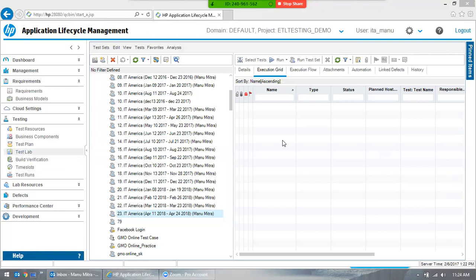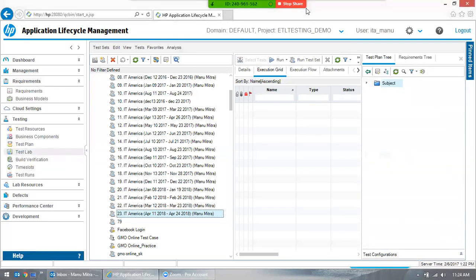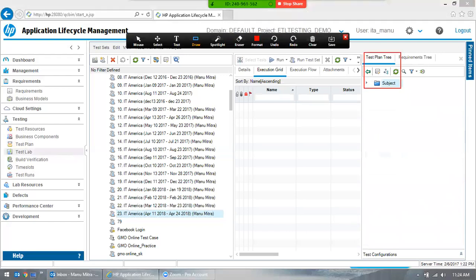Okay, now for that, what you will be doing here is click on select test, and okay, now if you see here, we are trying to navigate here. Navigate what? Navigating test plan. The same thing what we did here. So you remember we created test cases, right? That's what we are pulling up here. So that we can drag and drop. Okay. So here, go to this